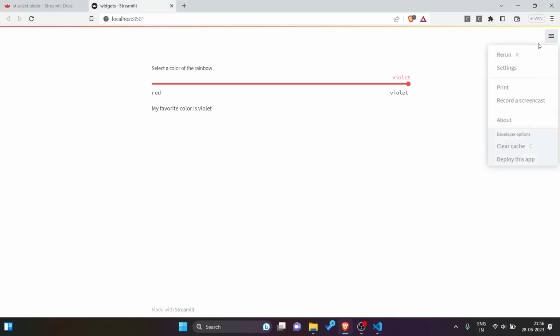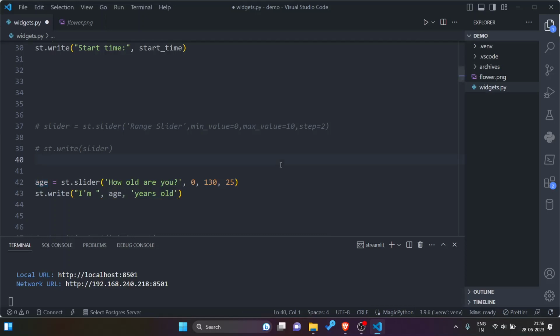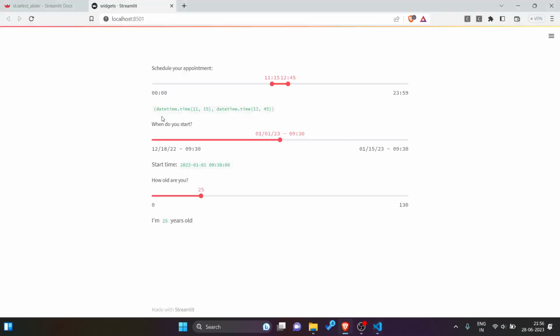Let me rerun it. Need to save it. So like this the slider option was there, 0 to 130, and it was at 25. I could choose any number between 0 and 130 and this slider was working.